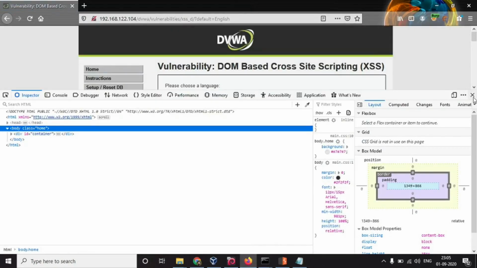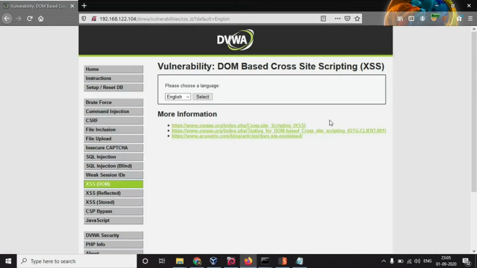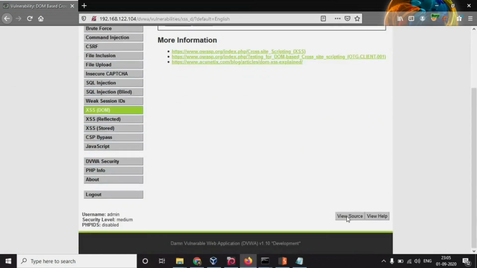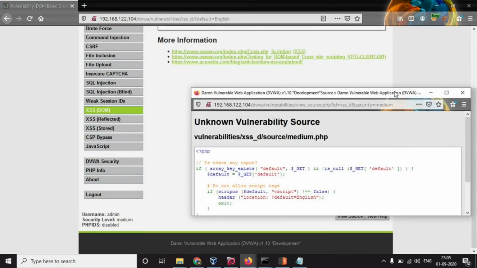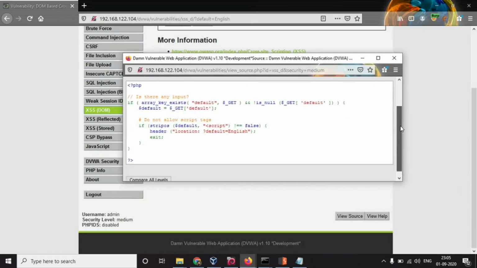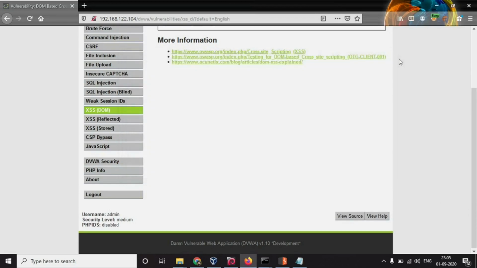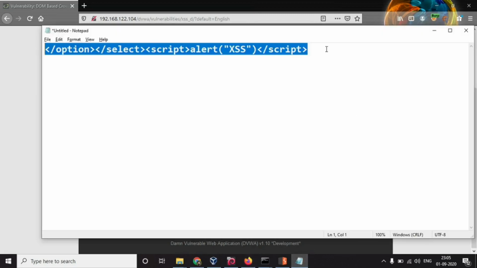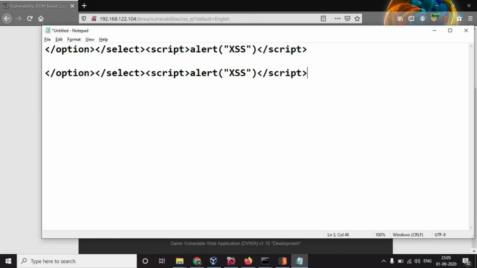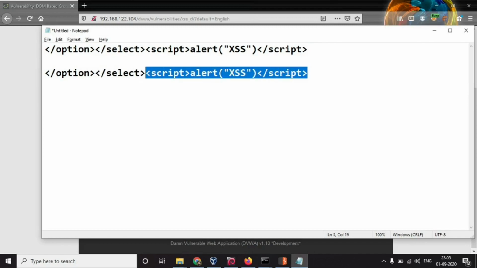Okay, still my payload was not executed, the page just refreshed. Let's find out the reason for it. View source. Okay, the reason for it is the script tag from our input is being removed. So we'll have to provide another payload which does not contain a script tag. Okay, so let's copy it and let's remove this. Instead of it, we will provide div onmousemove is equal to alert